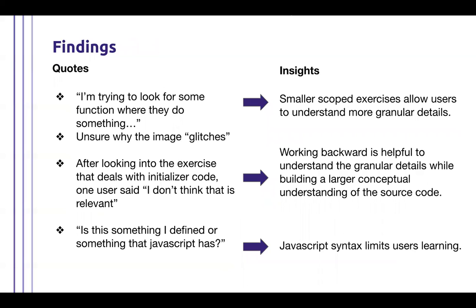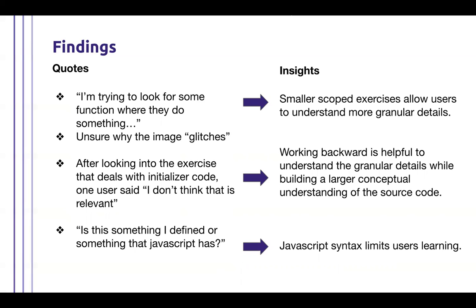So these are some of the findings that I found based off of quotes during the user exploration and just my own observations. And I'll just focus on the one in the middle. It says, after looking into the exercises that deal with initializer code, one user said, "I don't think this is relevant." And this is because the algorithm that produces the exercise with the variable value transformation, that was the second round of exploration,